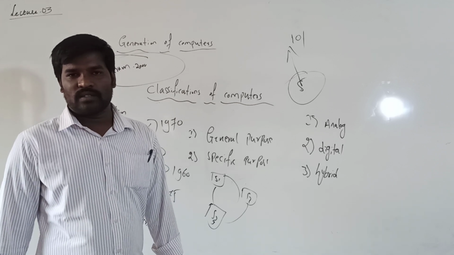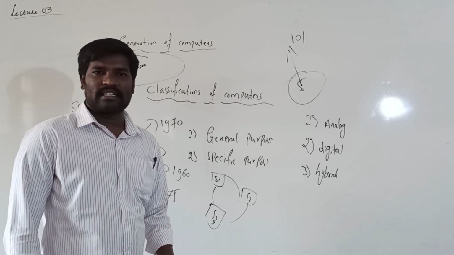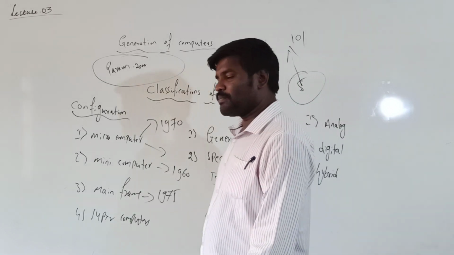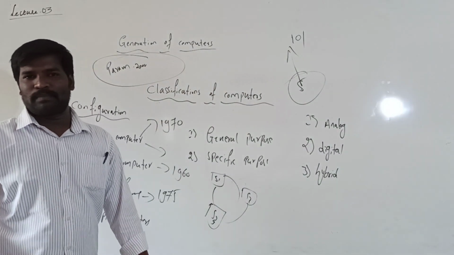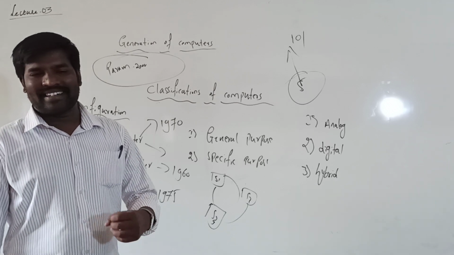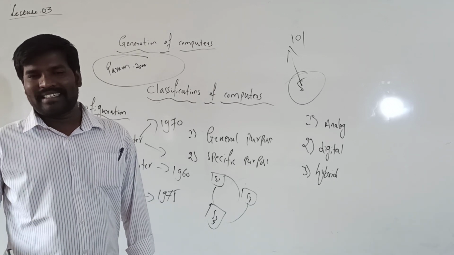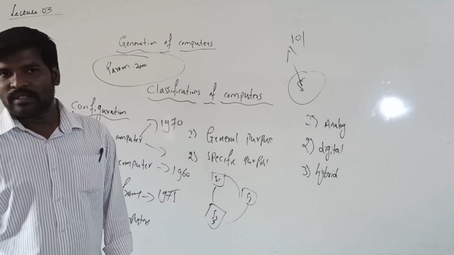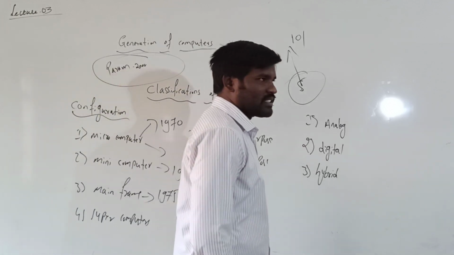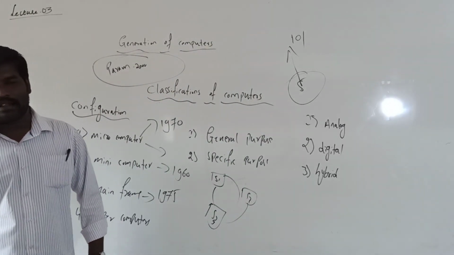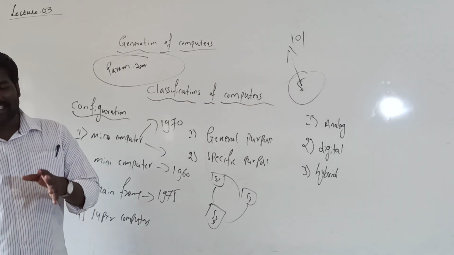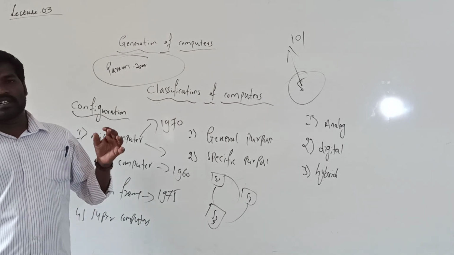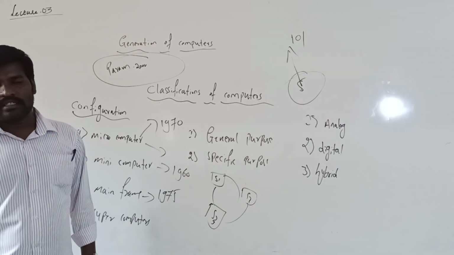In the next class, we will discuss the second chapter, that is data representation. Here I just want to give a brief about it. I already told you that data is a collection of known and unknown facts, meaning whatever you feed into the system is data. Representation means how the data is represented in the system. You will learn all this in the second chapter.